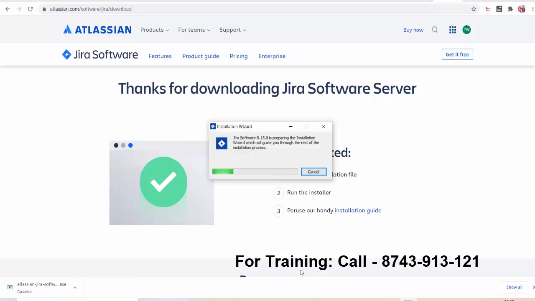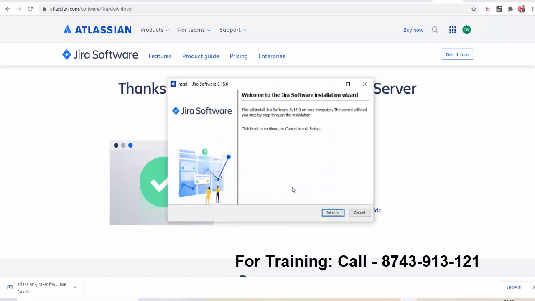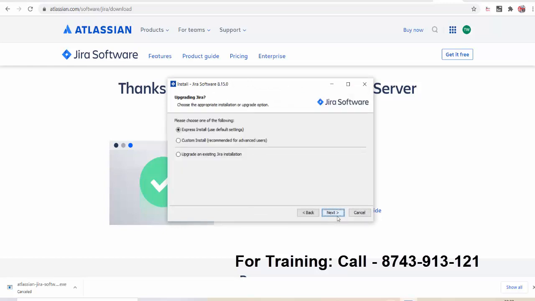Once the file is downloaded, just double click to start the installer. Here in the installation process, we will just follow the straightforward options. We are not going to make many changes. So let me show you step by step. So here I'm just saying yes, install it. Yes, I want to give the admin permission. Next, next,